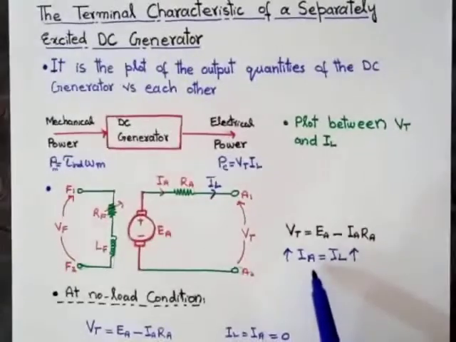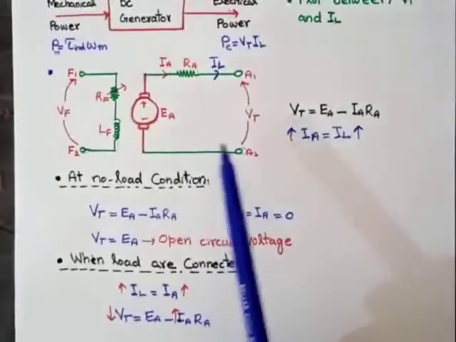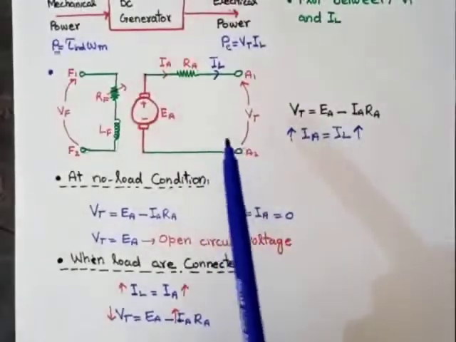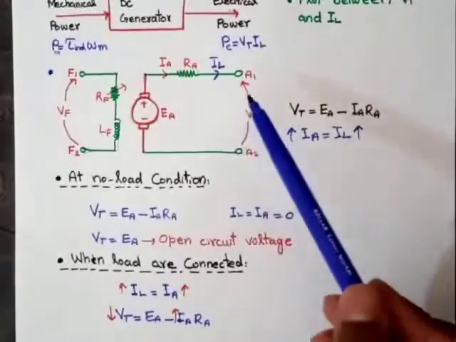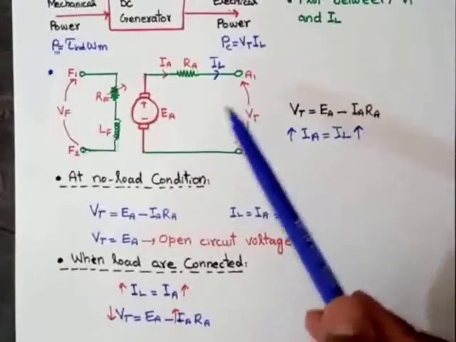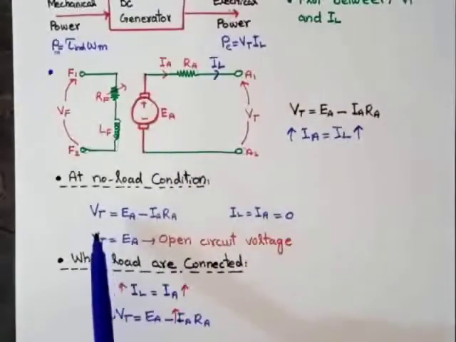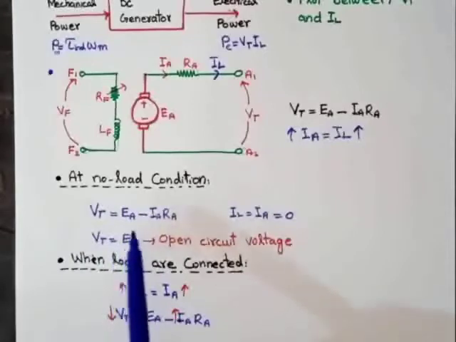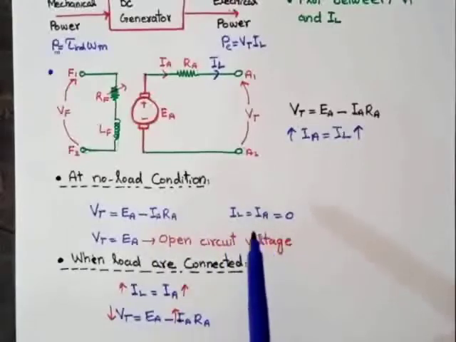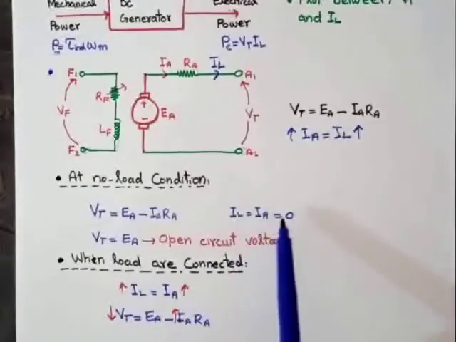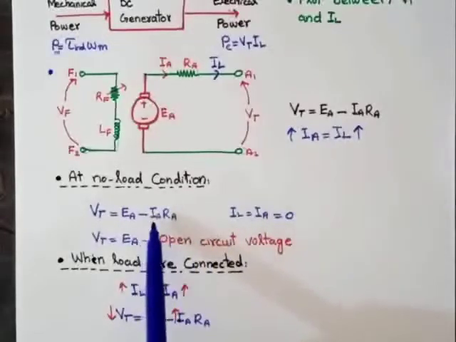And in case of no load, the armature circuit will be open. As we know, in case of open circuit, the resistance will be infinity. If the resistance will be infinity, according to Ohm law, the value of the current will be 0. Therefore, Vt is equal to Ea minus Ia into Ra. In case of no load, the circuit will be open and the value of the line current will be equal to 0. Putting the value of Ia is equal to 0 in this equation, we get